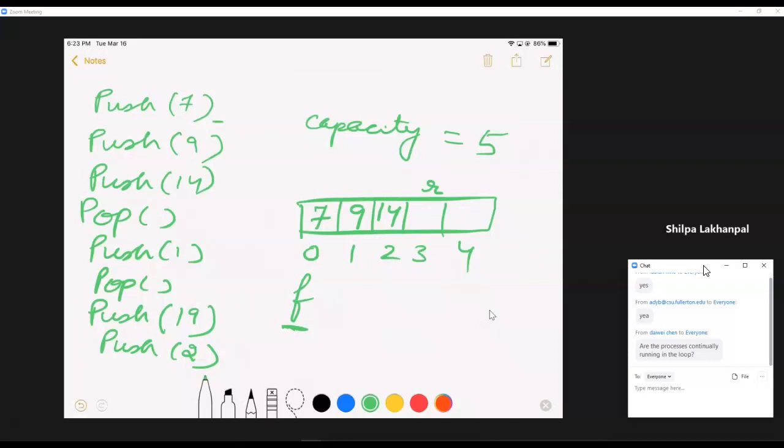But now you're calling a pop. A pop simply does F is equal to F plus 1 mod capacity. That means that F will just go to F plus 1 over here, technically indicating that this element is gone. And you can just erase this element.